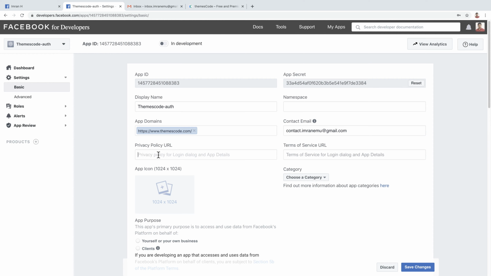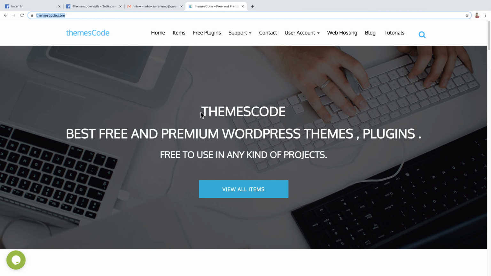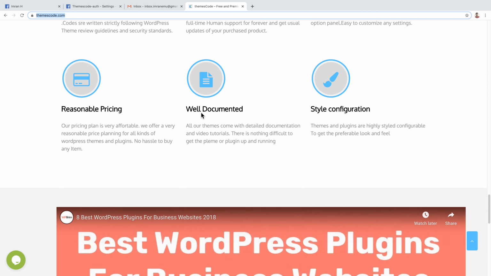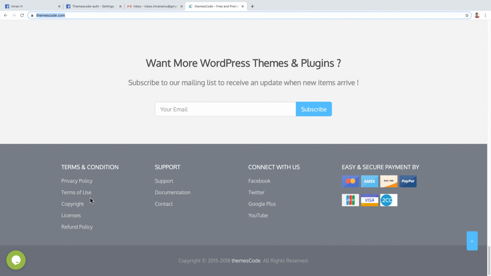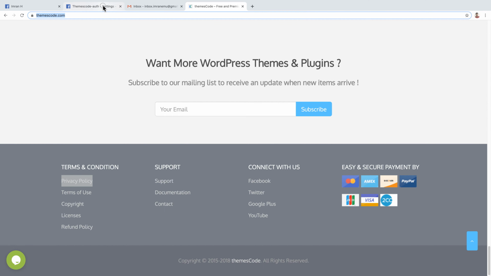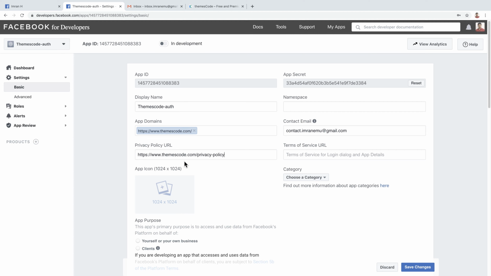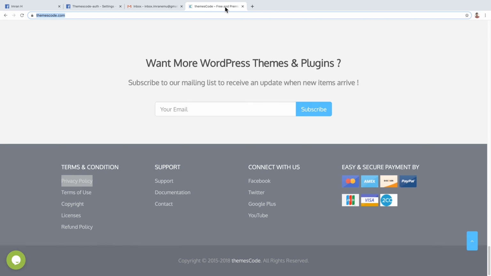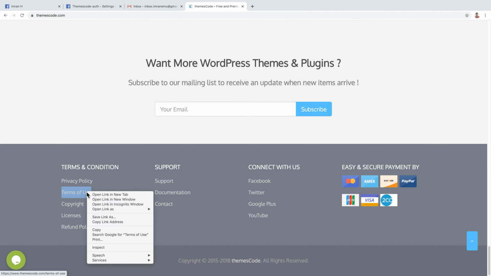It's optional, but you should add your privacy policy URL because Facebook wants these types of things. Here goes the privacy policy, copy link address, privacy policy, and terms and conditions, terms of use.